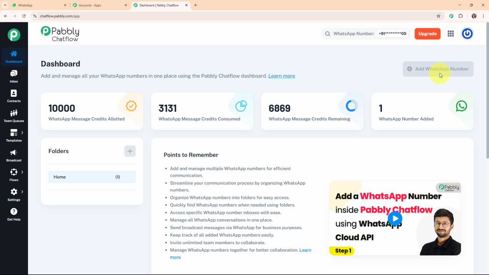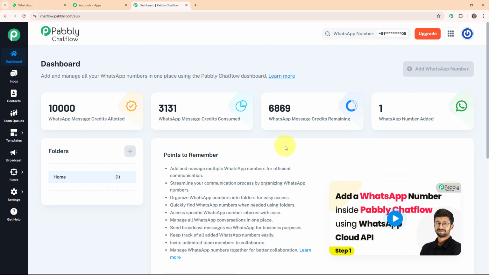So right now I'm unable to add the WhatsApp number because I've already set up my Pabbly Chatflow account. Alright, so here you need to add the WhatsApp number, and once you click on it, automatically you will receive a pop-up box where it will ask for the Meta Access token, WhatsApp business account ID and some other details. So to get all these details, you need to set up your WhatsApp Cloud API account using Meta for developers. And once you get the permanent access token, then automatically you are going to connect your Pabbly Chatflow account. So if you want to learn about anything in detail, then you can check out the video attached over here on this dashboard.